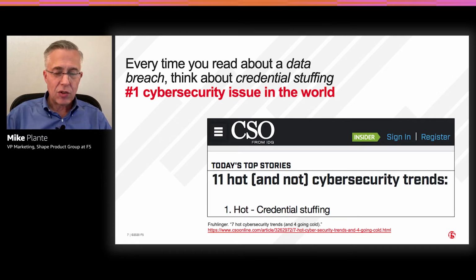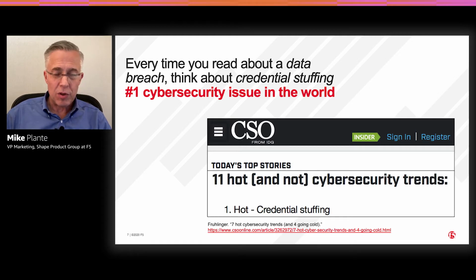Credential stuffing is where fraudsters acquire usernames and passwords or other forms of personally identifiable information from some other application or website, and then use that information in an unauthorized fashion to attempt to log into or otherwise access other people's applications. So imagine if I ran a travel and hospitality website and I had a data breach. The fraudsters might use that data to then attempt to log into